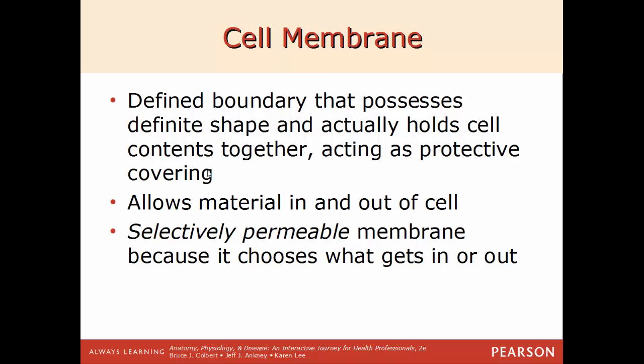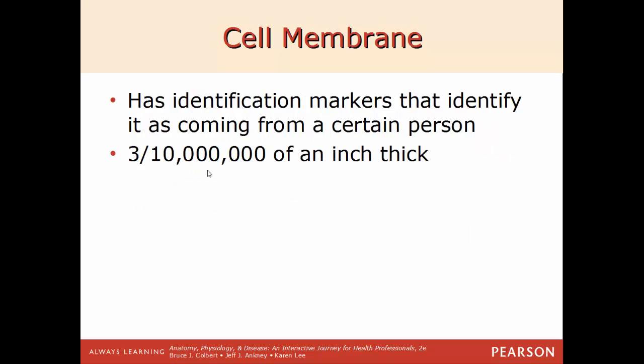It's described as being selectively permeable, which means some things can get in, but some things can't. Some things can go out, some things can't. It is selective on what is able to pass through and either enter or exit the cell. Now, the cell membrane has identification markers that identify it as being from a very particular type of tissue from